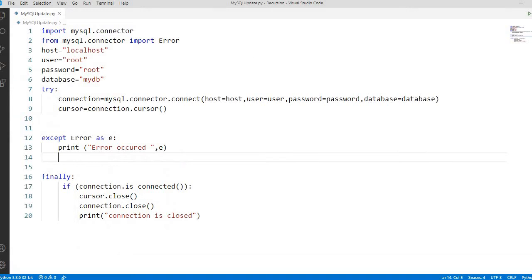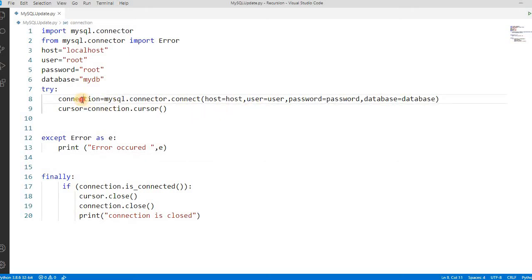Okay, let's see that. If you are watching this video for the first time, I suggest you go through my other video on how to connect PHP with MySQL, so you are able to understand how the connection is done. Still, mysql.connector is a module which is used for connecting to MySQL. For connecting any database, we need four things: the host name or server name, the username and the password with which we can connect to the server, and the database in which we are doing the operation on tables.